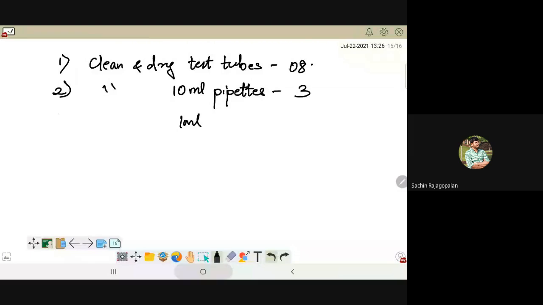While 1 ml pipettes, you will need at least 3 there also, right? 1 ml pipettes. Other than that, what do you need? Any glasswares are needed? Yes, for test and control also we will have to see, no? So